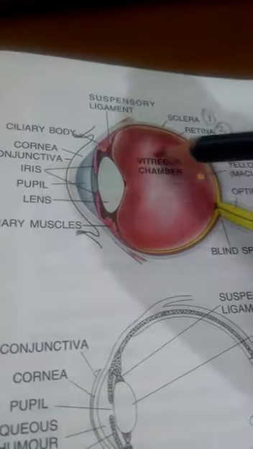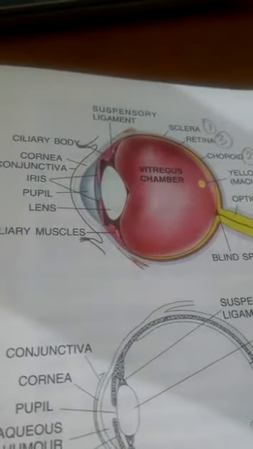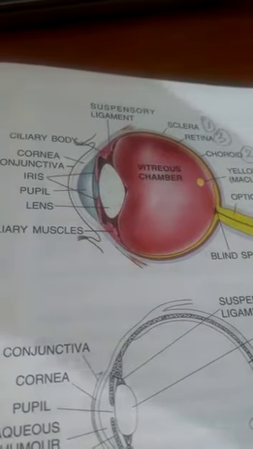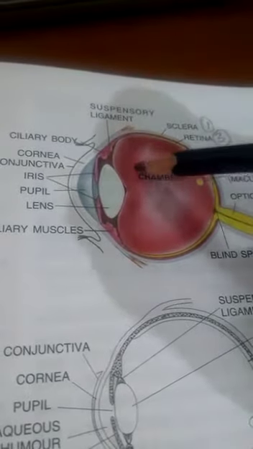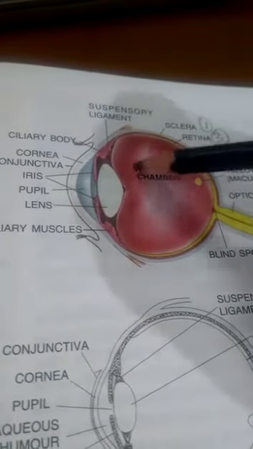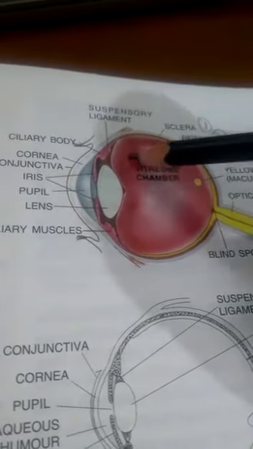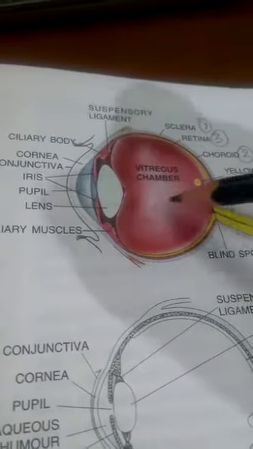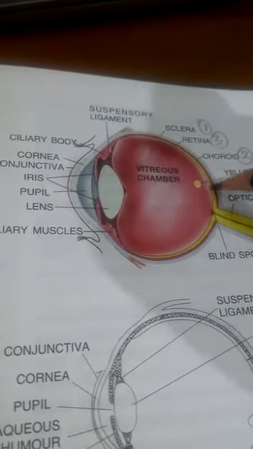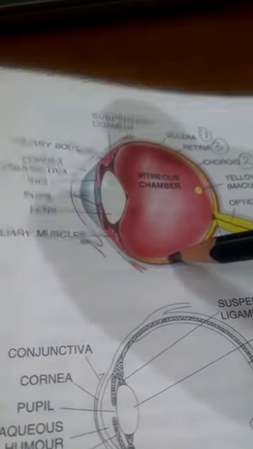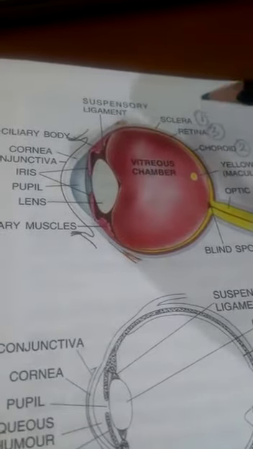This vitreous chamber is filled with a jelly-like, very gel-like, thick, semi-solid liquid that is called vitreous humor. This forms once in a lifetime during the embryo stage. It never changes. Now this vitreous humor gives shape to your eyeball, and it also gives protection to your retina, right? Now let us discuss all these three layers one by one.